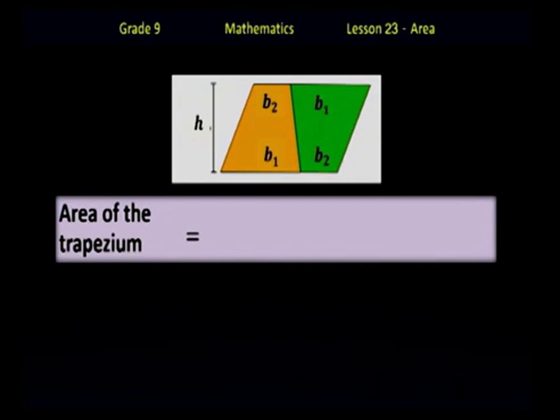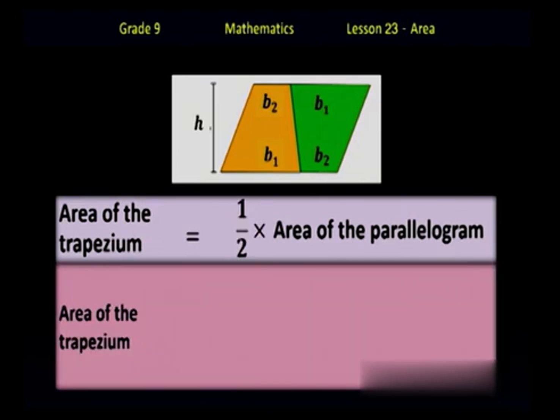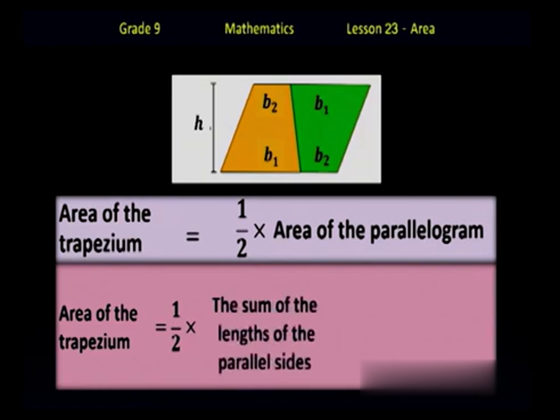The area of the trapezium is equal to half of the area of the parallelogram. The area of a trapezium is written as half into the sum of the lengths of the parallel sides A and B. A is one side, B is the other side of the trapezium. A plus B, we can denote as the sum of the lengths of the parallel sides,